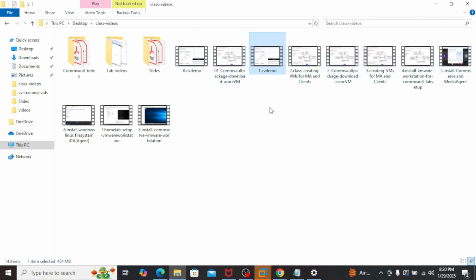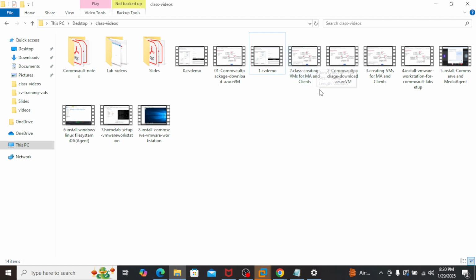People who don't have a laptop, or who don't have a good configuration like 8 GB RAM, can try deploying the virtual machines and setting up the environment right in the Azure cloud so that they can practice. That's the reason why I selected Azure. In that first class we saw how to create a virtual machine. And in the second class, again the same thing, how to create a virtual machine,